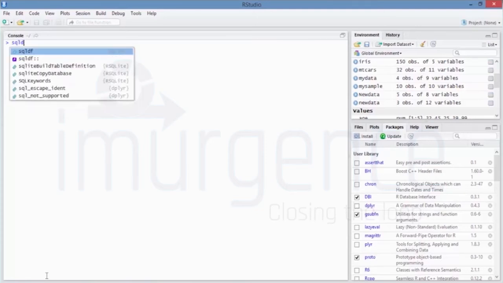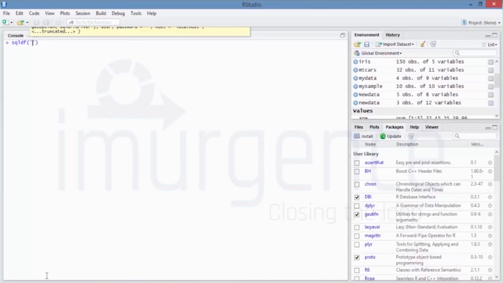So I'm saying SQLDF, and in this functionality I'm saying single quote select species, and then I'm saying get me the max value of sepal dot length, bracket, and you can say as high underscore length, and then you can say the min value of sepal dot length, and this I'm saying render as low underscore length, and the count